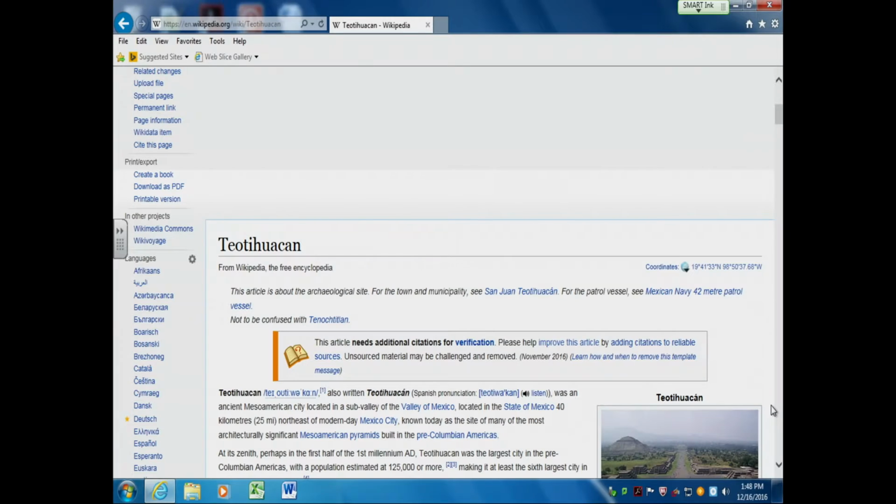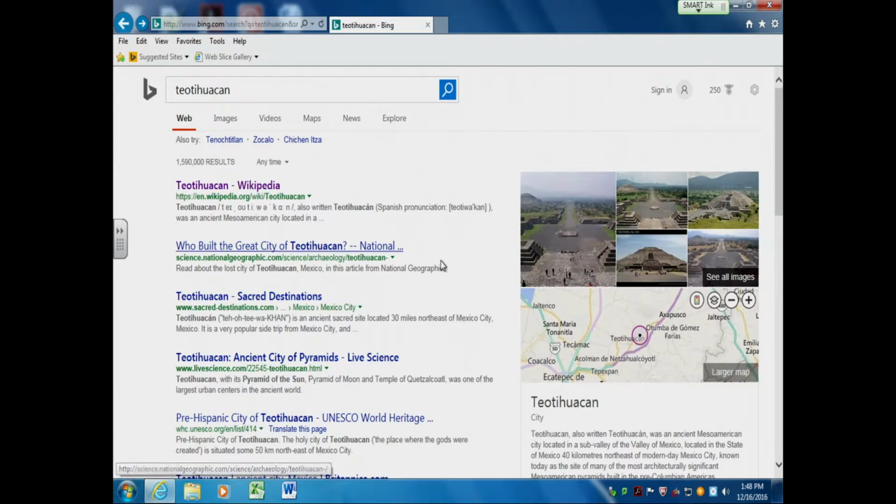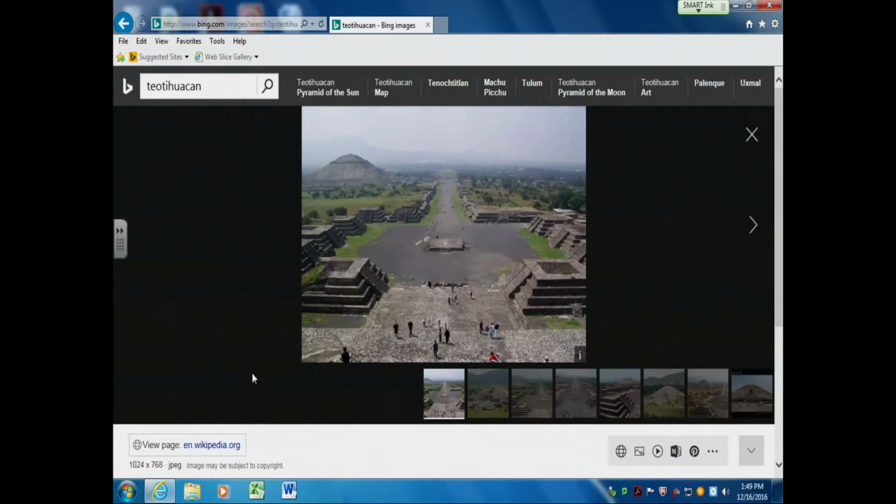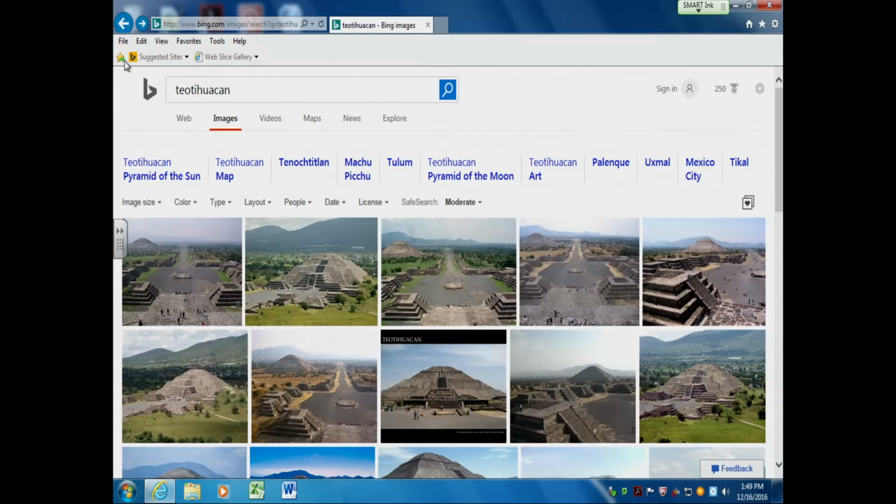Whoops, I didn't even have it on when I was chattering about that. Let me go back. Here's the image I was talking about, this one here. You see, it's a large plaza with steps into buildings that have long been destroyed. You have a main pathway with buildings like a downtown here, and then you have the pyramid to the moon over here to the left. Again, very sophisticated culture, engineering, archaeology, the whole nine yards.